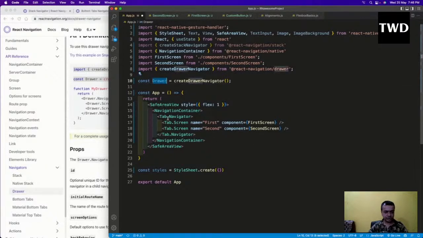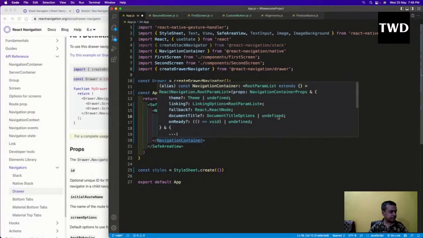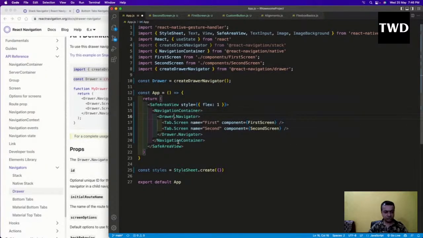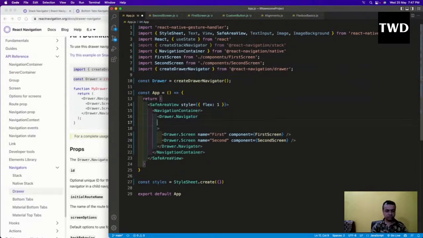Okay, so Drawer.Navigator and Drawer.Navigator, then Drawer.Screen. Screen is there, and first screen, and okay, these things are there. But in Navigator, Drawer.Navigator will have some more things. In Drawer.Navigator, some more options we need to have here. So here we have to write like